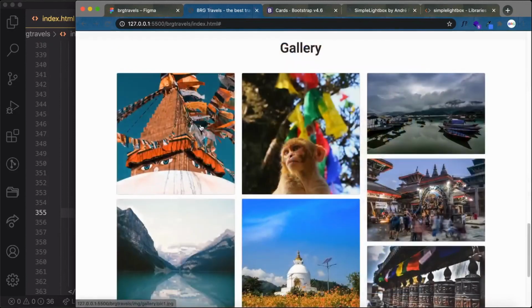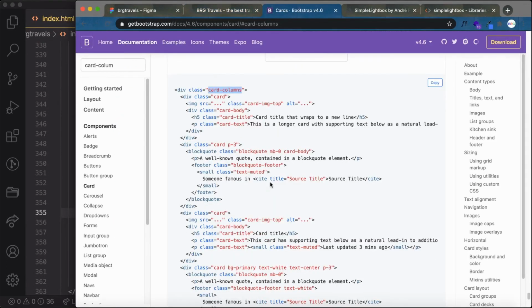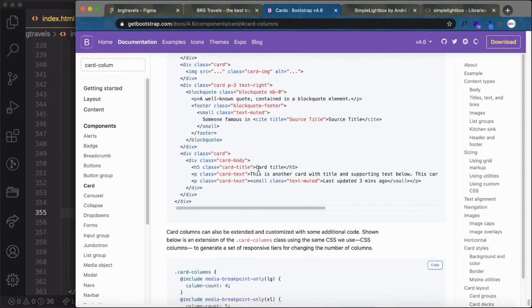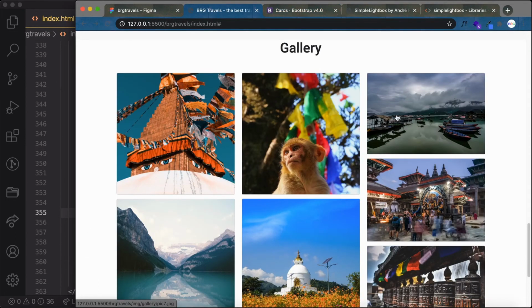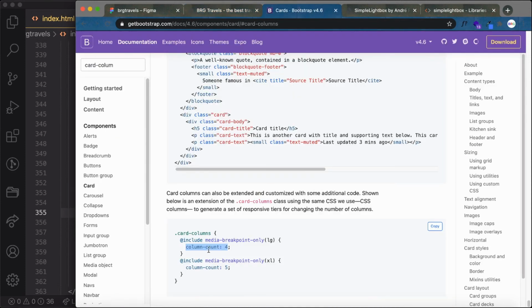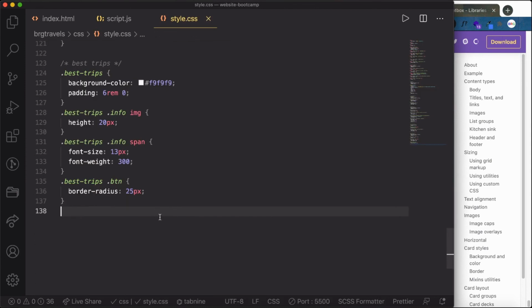One more customization you can do is, if you go to the Bootstrap documentation, I can add column count for the card columns. You can see here, so right now you can see we have default as 3. I can basically add 4 column count. To do this, just add the property column count to card column class here.